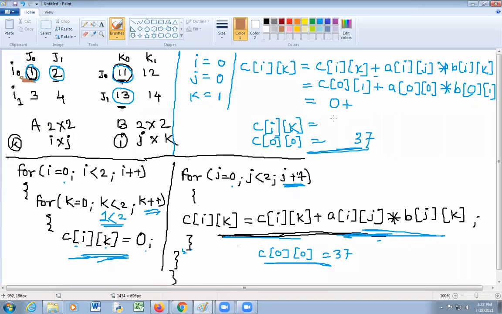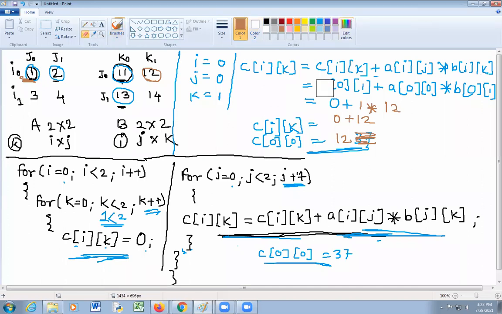So 1 into b of 0 1, with j 0 and k 1, that is 12. So 0 plus 12, you will get 12. Did you get it? Understood up to here? Yes, sir.